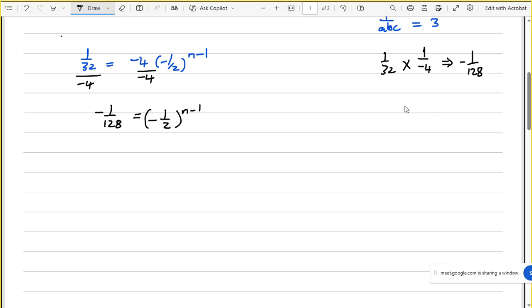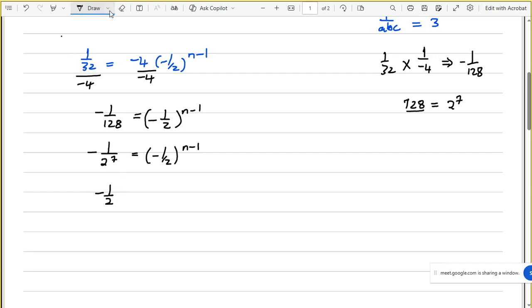Can someone tell me what 128 equals as base 2? 2 to the power 7. I think everyone understands where that is coming from, because we say 128 prime factorization. So this will be -1 over 2 to the power 7 is equal to -1 over 2 to the power n minus 1. So this tells me that I can definitely write this as -1 over 2, because I can put the 7 also on this part,